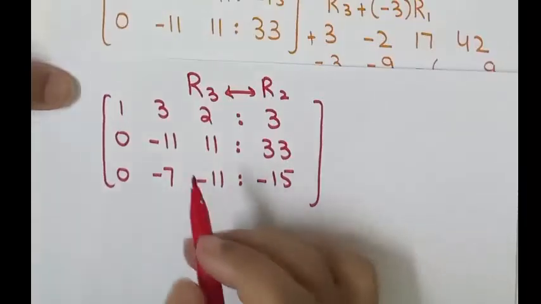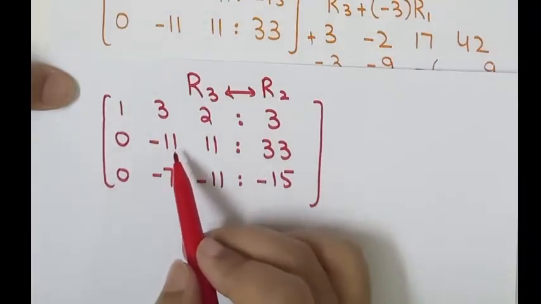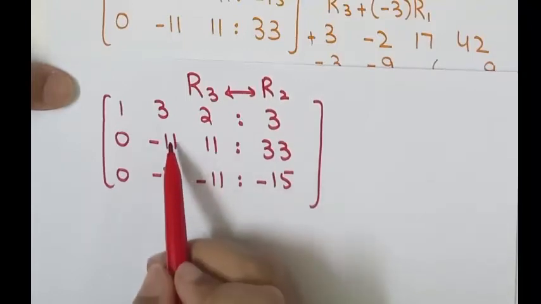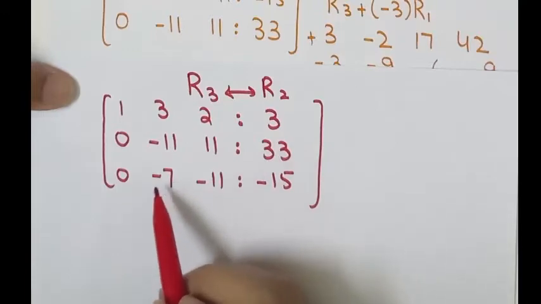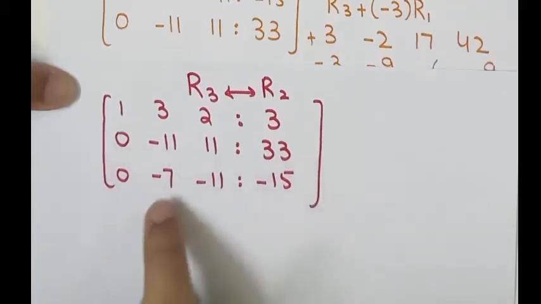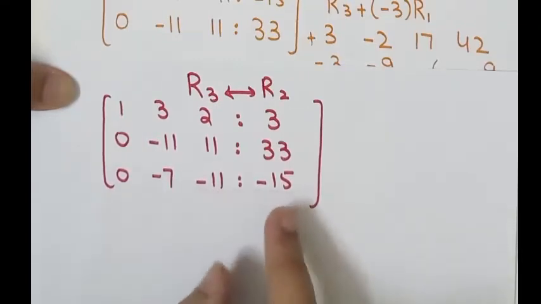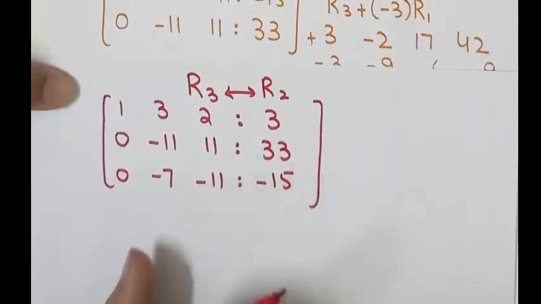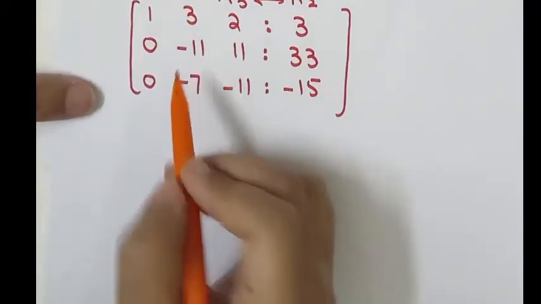Right? We have interchanged these two rows because when we divide this row by minus 11, we will get 1, 1 and 3. But if we keep this row at its own position, then when we divide by minus 7 in order to get 1, these two terms will be reduced to fraction terms. We will not get any fraction term. As you can see, now we have to make 1 at this position.